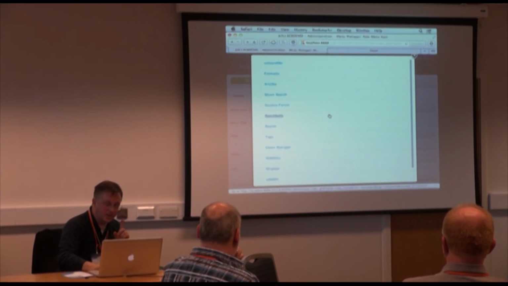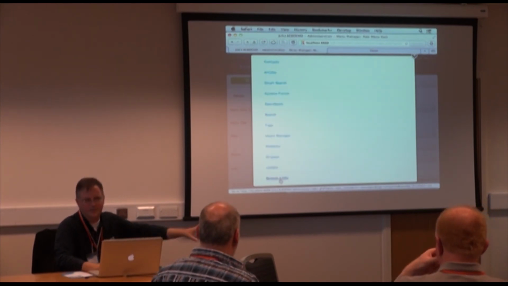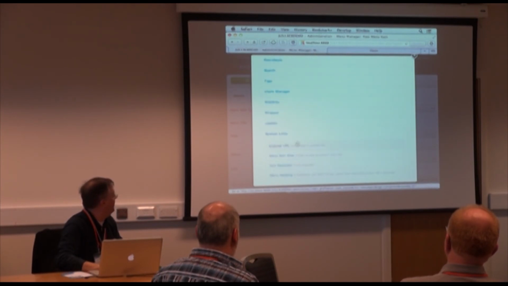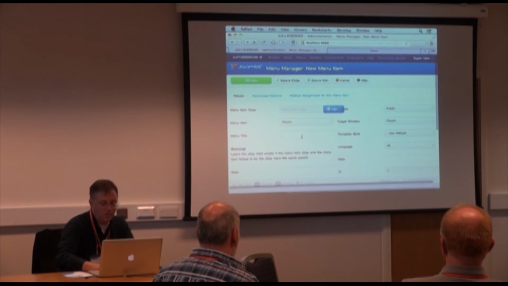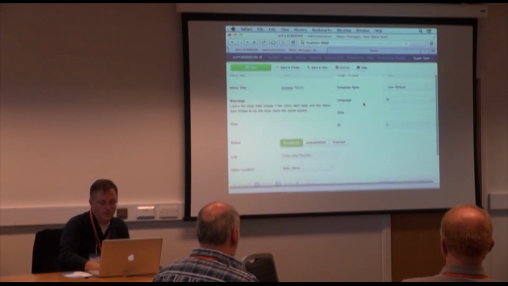Select what we want to select. We select a system link. Now this is standard Kunena. That's how Kunena works. You select a system link, and it opens up external menu item, alias, text separator, menu heading. I want to do the menu item alias. So I click that, and menu item, let's call this forum, Kunena forum. Okay,